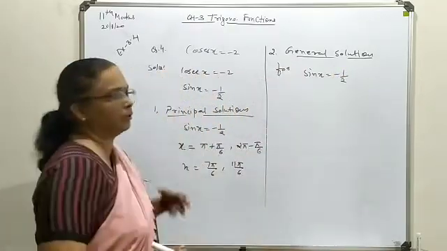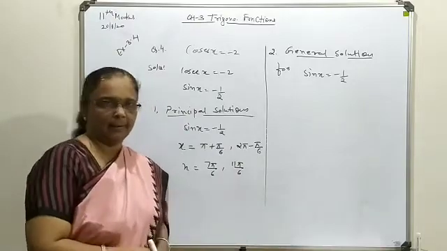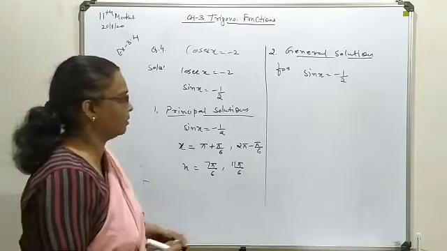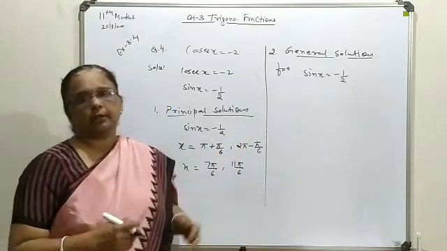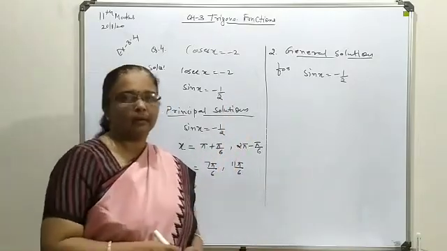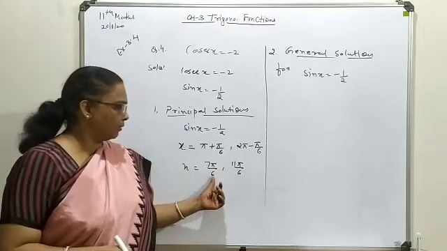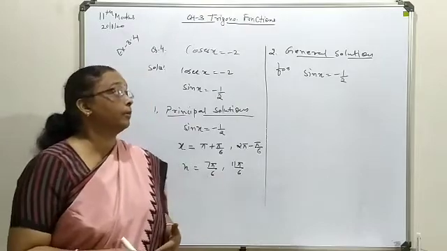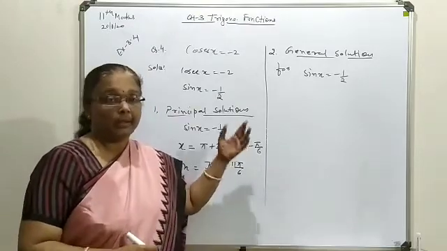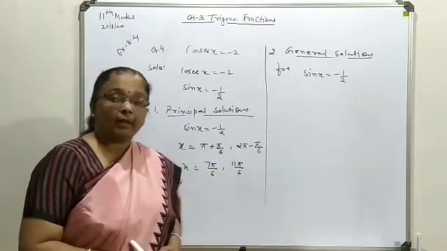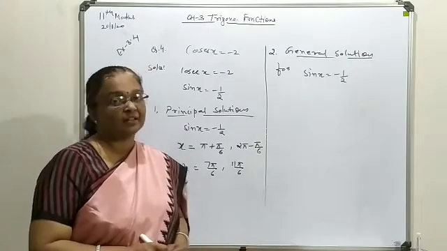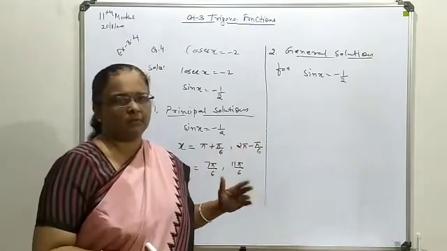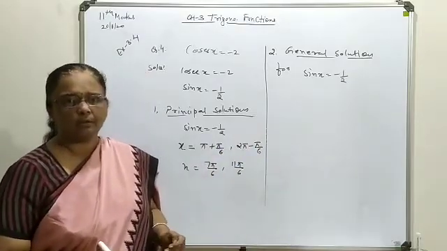For general solution, first we will define angle. Here angle can be defined in two ways. I told in the last case also, if you are not sure about writing your negative angle, you can write this angle which you are going to pick up as the first principal solution. And if you are sure about your negative solution, because I told you to write y as a closed interval minus pi by 2 to plus pi by 2, here I am writing both the solutions, whichever is convenient to you, you can follow.